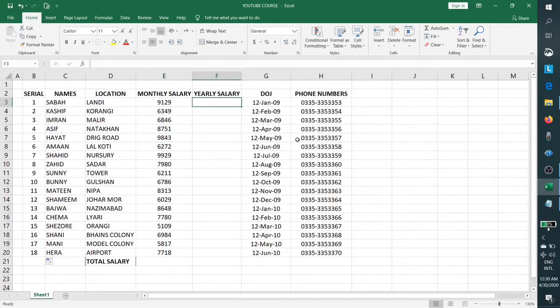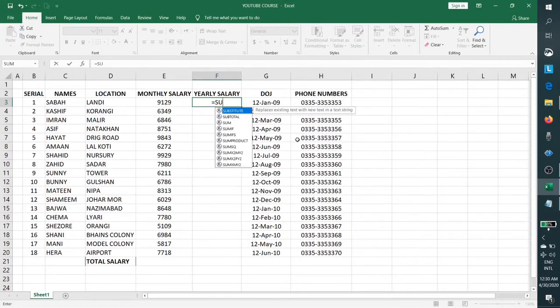To enter a formula in Excel, you have to press the equal sign. Once you press the equal sign, Excel will understand that you are going to type a formula. Now you can type any formula, and there is a very good option in Excel that once you start typing anything, it will automatically search for the relevant formula.